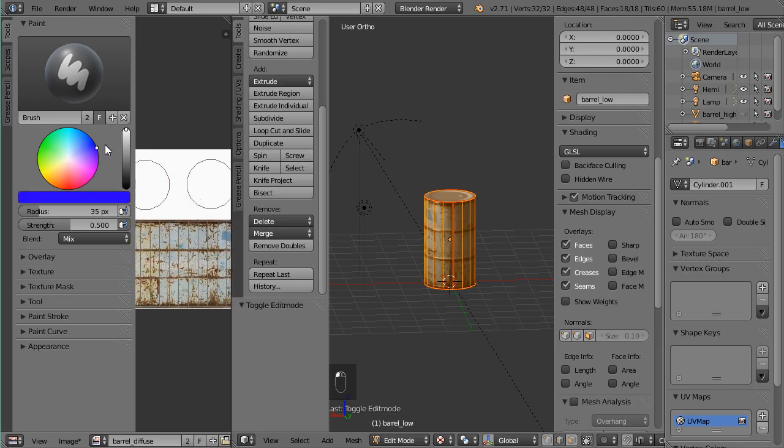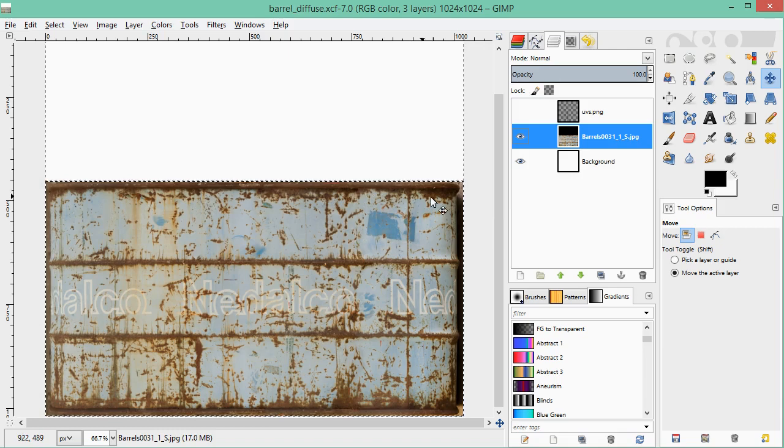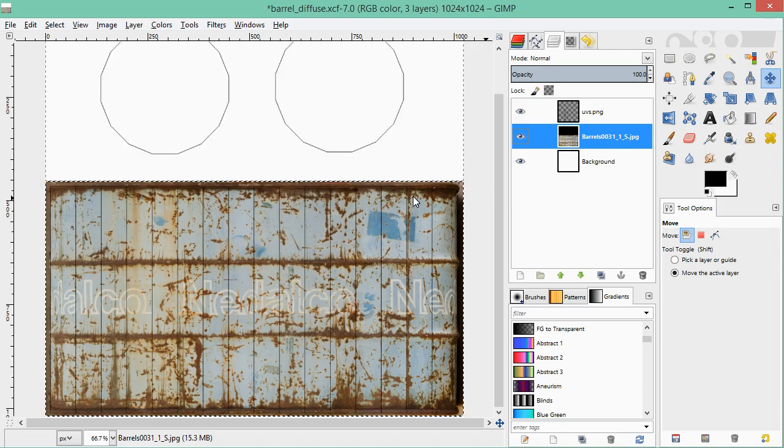Ah, it's white. It probably is working. It was just the wrong colour. So let's do that blue and that green. And you can see that this left-hand circle here, unwrap, is the top. That's the bottom. So we'll quickly save that. We don't need to save it. We just now know. Pop back into GIMP, excuse me, and we will bring the UVs back up,